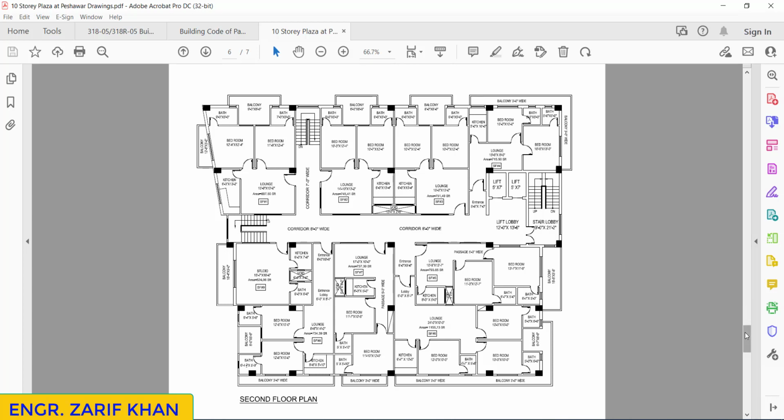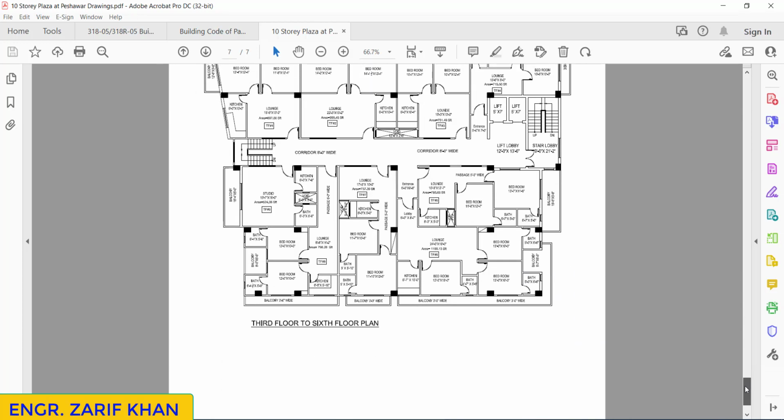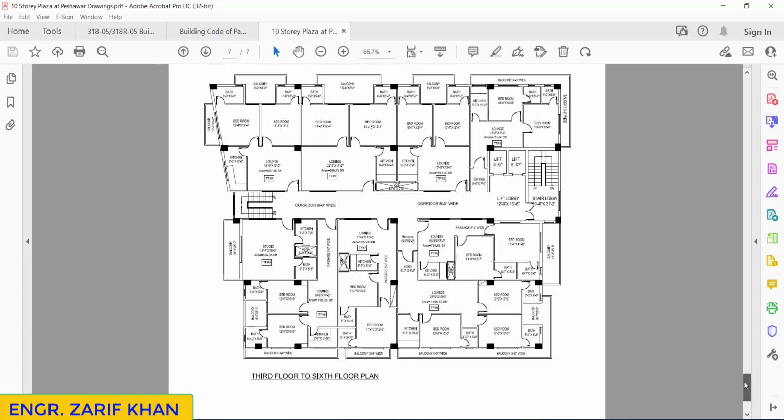This is like this, and in the third floor up to the sixth floor we have flats but of different design and orientation. So first of all we have to think about how to make the grid system for